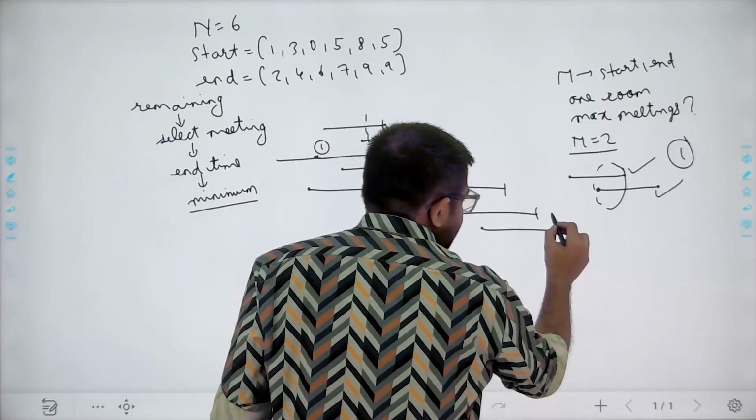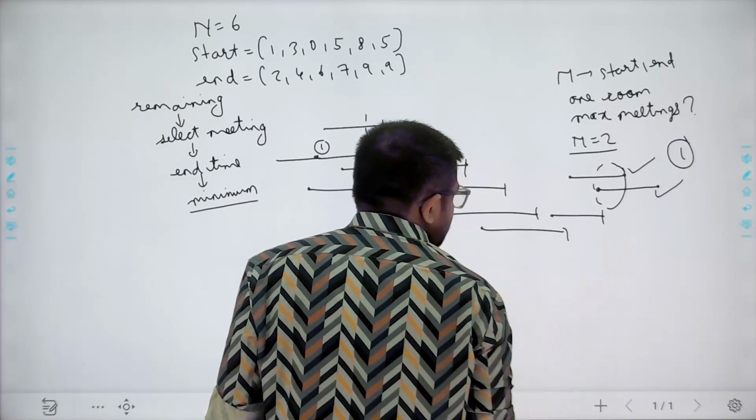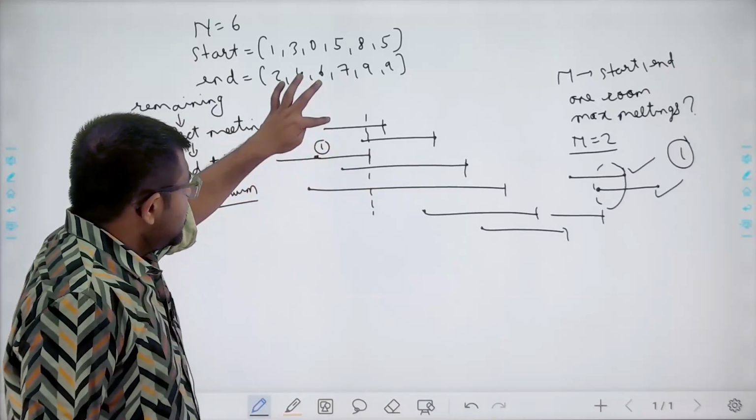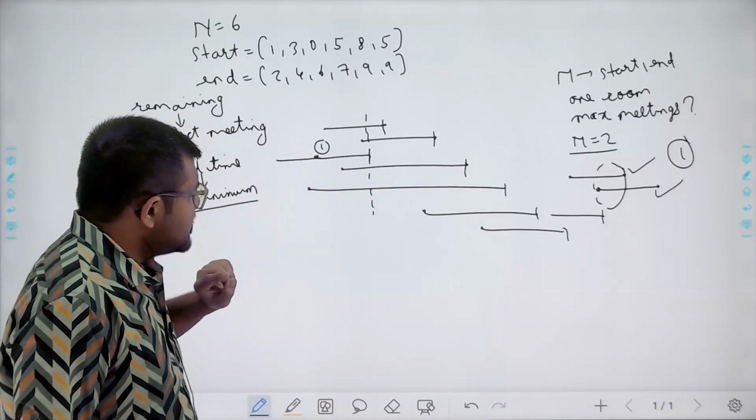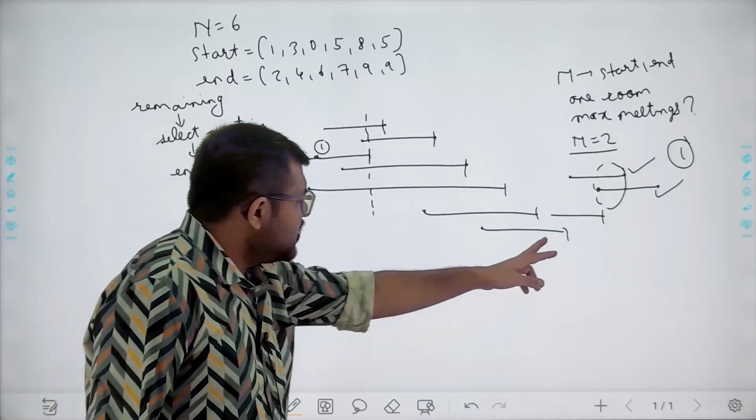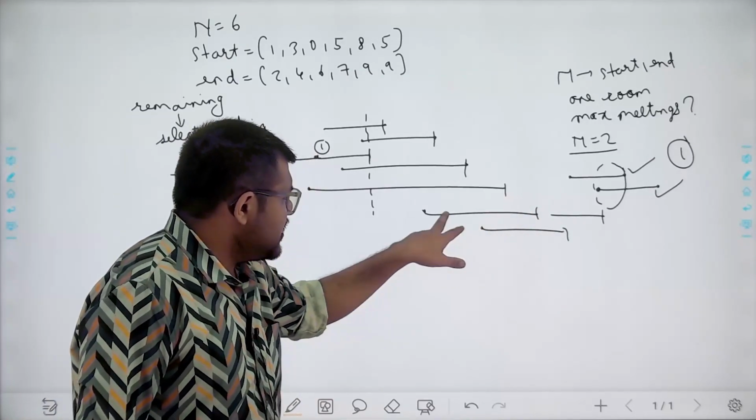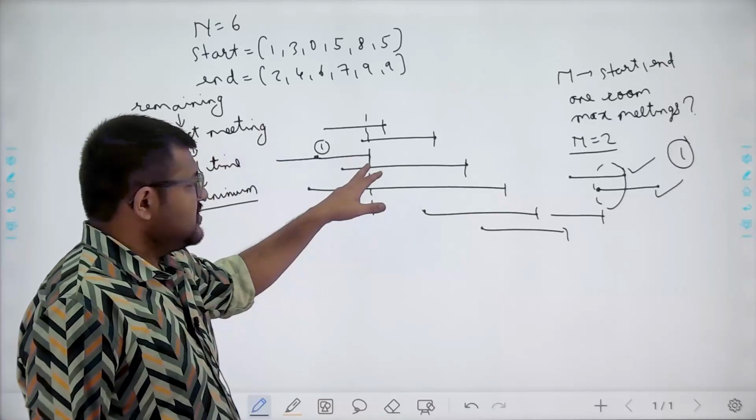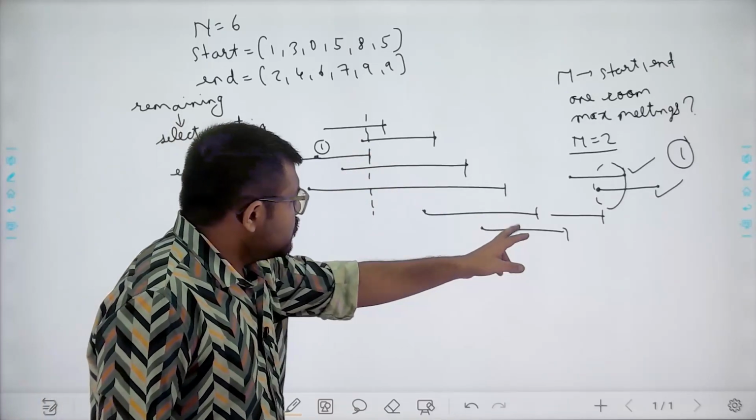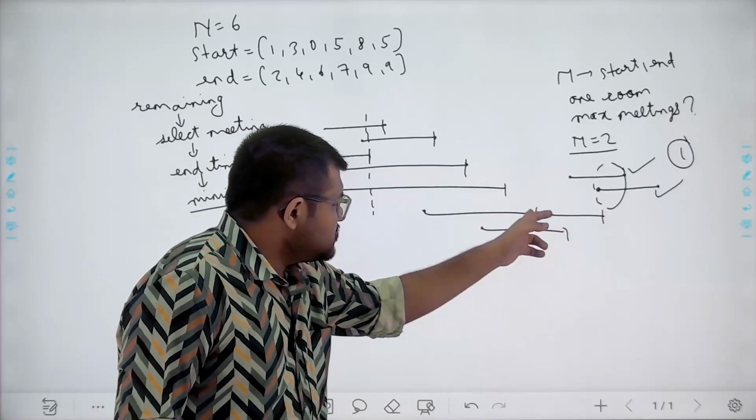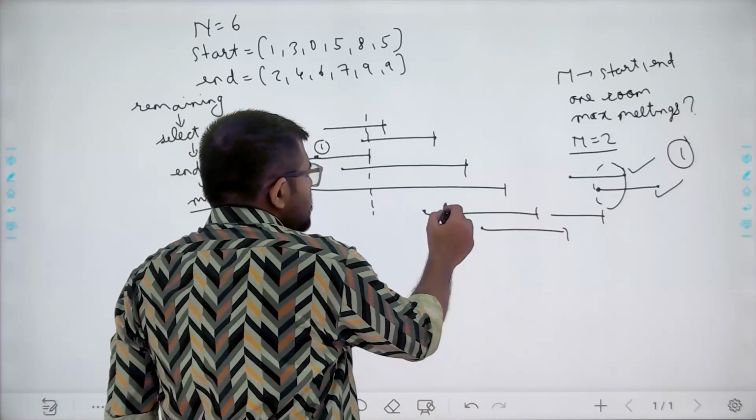For example, let's say there was one more meeting here. Now, we cannot select this, we cannot select this, we cannot select this, we cannot select this. What is the next meeting with the lowest ending time? These are the three meetings which we can select because their starting time is greater than the last meeting selected's ending time. Which has the least ending time, this or this? This has the least ending time, so I'll select this as